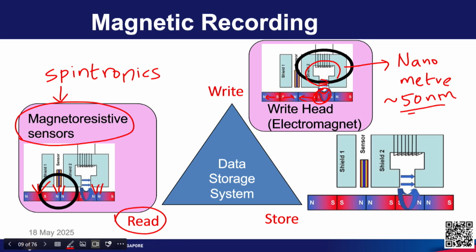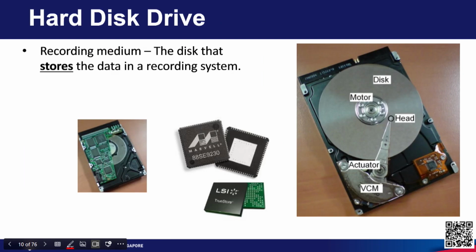So, you know that once you magnetize certain material, the coercivity or the anisotropy energy keeps the magnetization in certain direction. So, once you have magnetized material with the north pole here, south pole here, we have learned that they will be stable for long period of time, and we are using this KUV to store information. Okay. So, this is how the magnetic recording works,